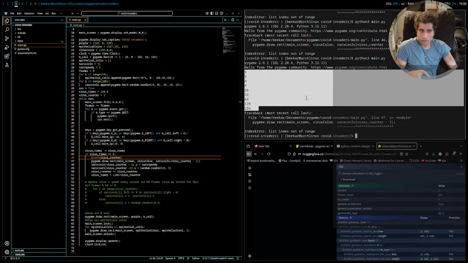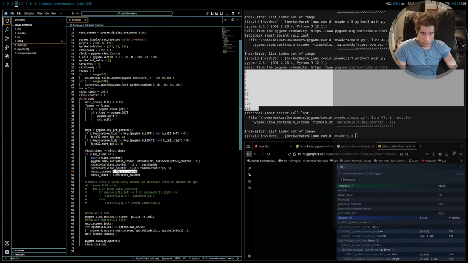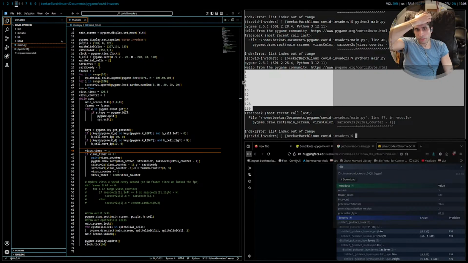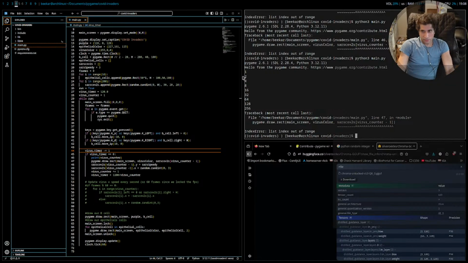That goes so fast. This was growing exponentially because it was virus counter equals virus counter plus virus counter, and that's why it's 248. I think we'll still get index out of range, but hopefully we can at least see what